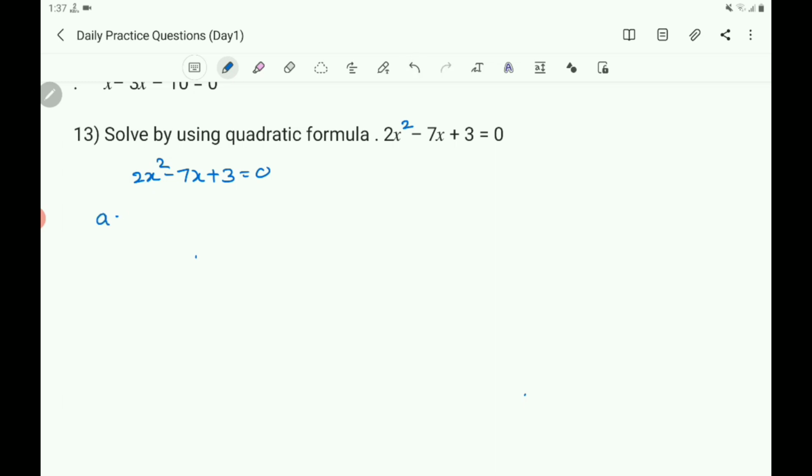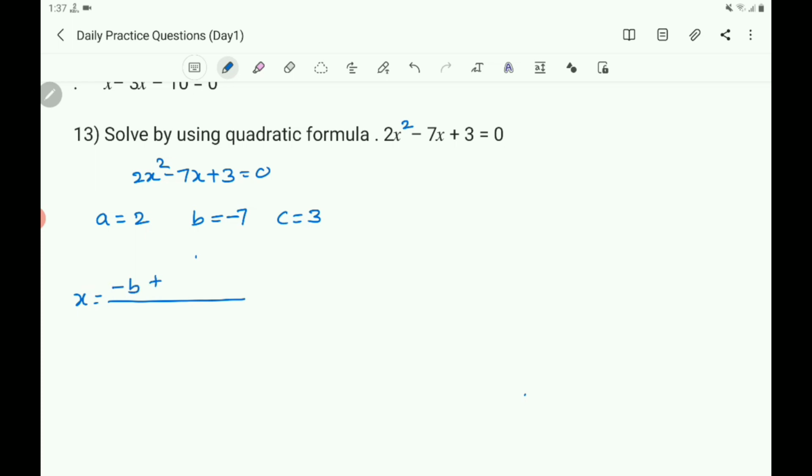So you write a equals 2. B is the coefficient of x. What is the coefficient of x? That is minus 7. Coefficient of x is minus 7. Then c equals 3. Now you write the formula x equals